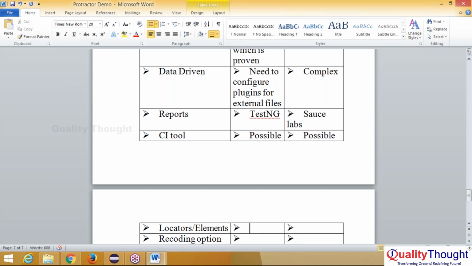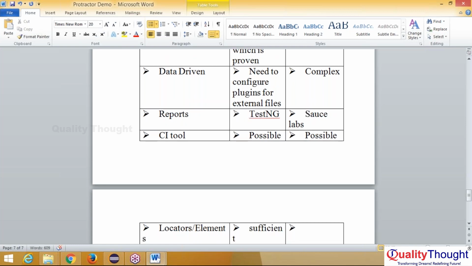And next thing, locators or elements. We have enough locators to find elements, such as ID, CSS, XPath, link text, partial link text, tag name. Like that, 8 types of locators are there, which are enough to automate the complete project. 8 locators are available in Selenium WebDriver. Sufficient locators are available, but